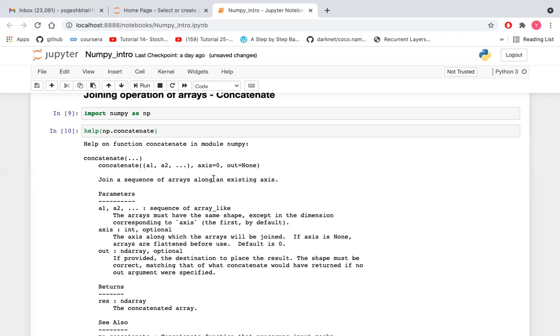If you want to concatenate two or more arrays column wise, axis equal to 1 is used. Out equal to None is optional; if provided, it is the destination to place the result. The shape must be correct, matching that of what concatenate would have returned if no output argument was specified.